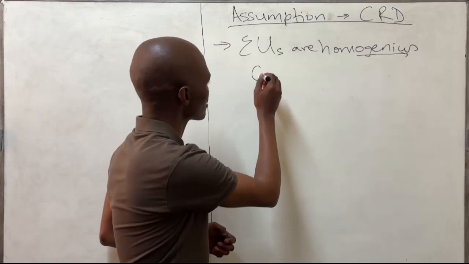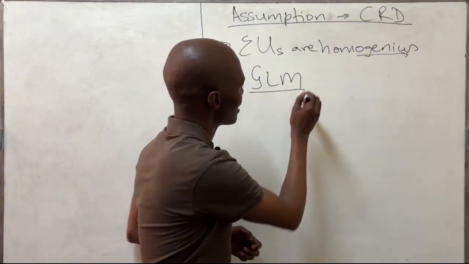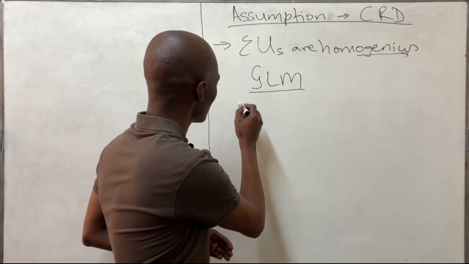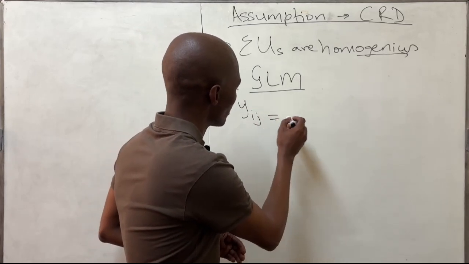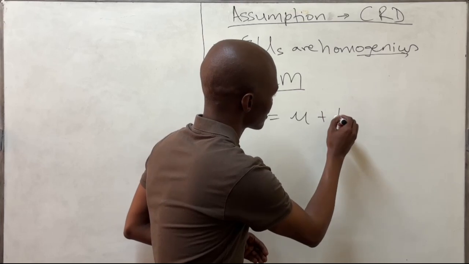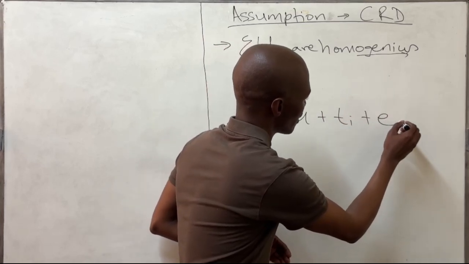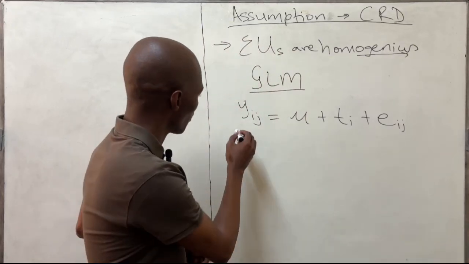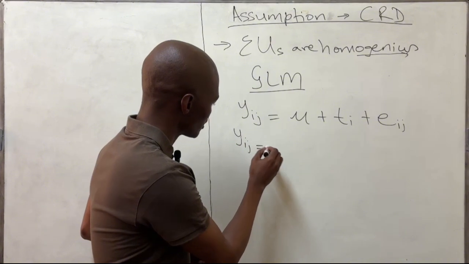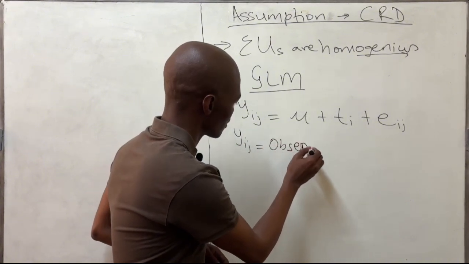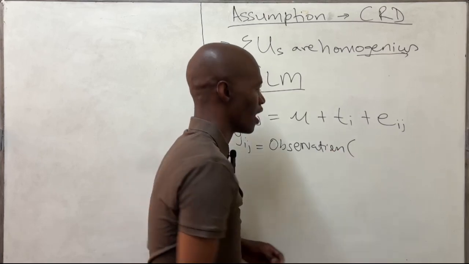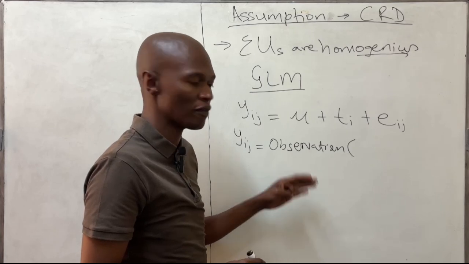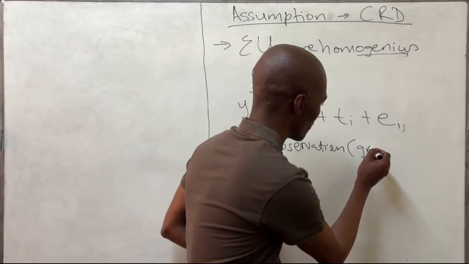Then, after the assumptions, our focus will be the general linear model. When we are talking about this completely randomized design, our model is Yij equals mu plus Ti plus error Eij. Now, in this model, we have Yij, which is our observation. Remember our example, we look at the effect of diet on growth performance. So our observation is the growth performance